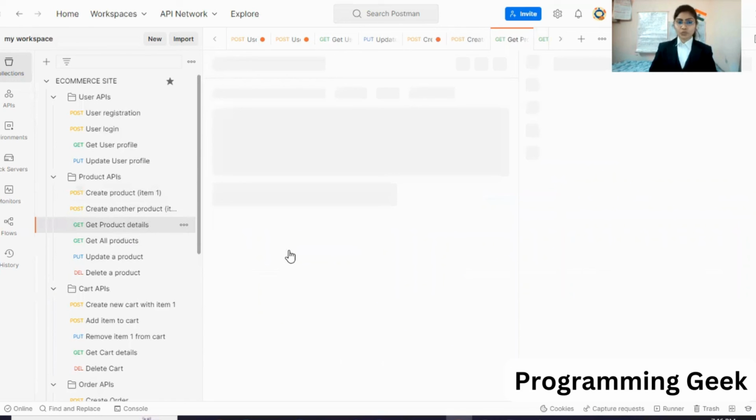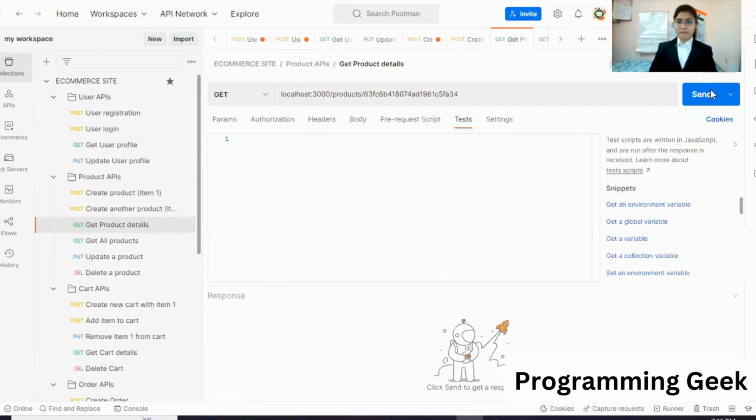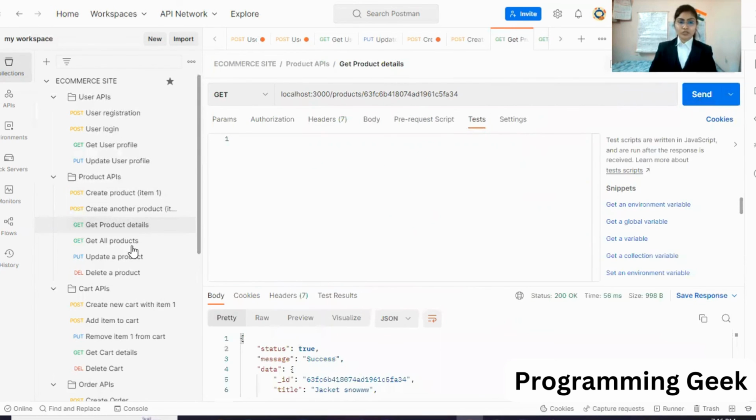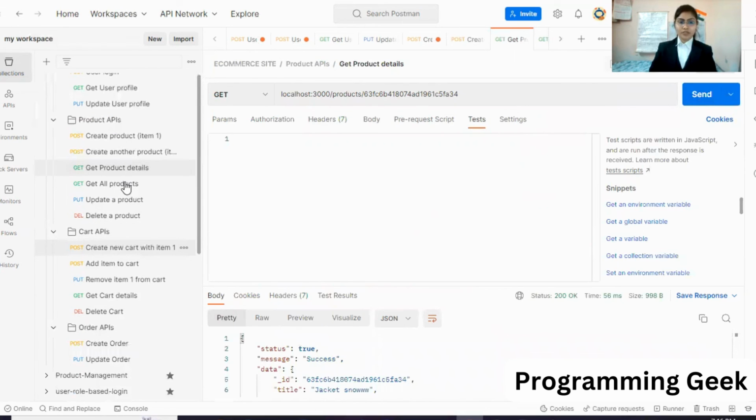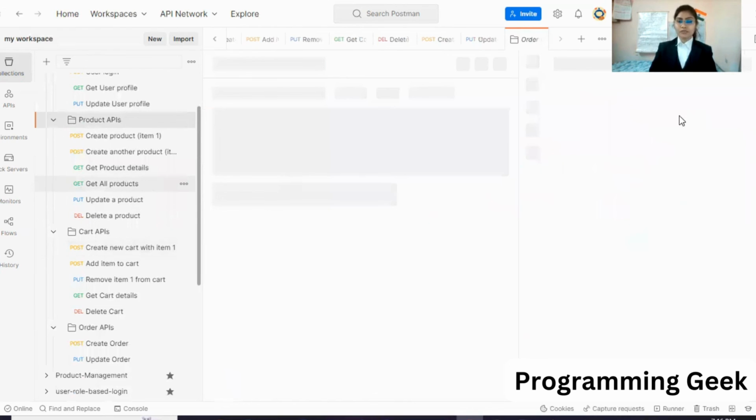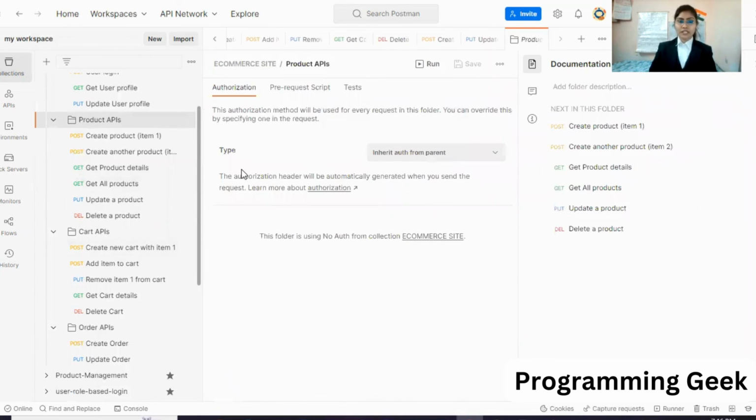Sorry, my Postman is not working today. We can fetch the data by using user name. Then we can fetch all the data which is present in the database by using the find method. It will give us all the data.